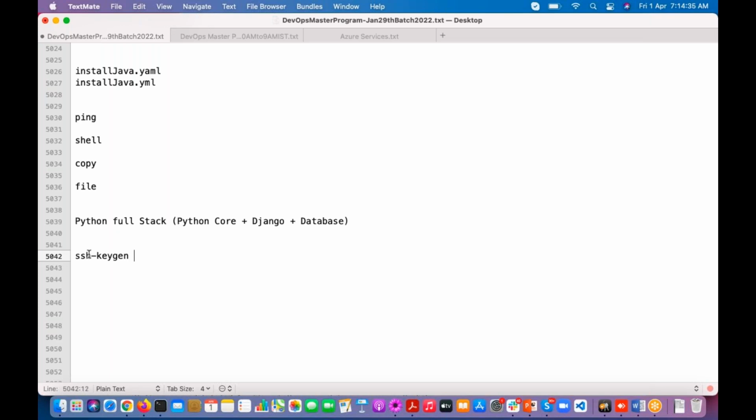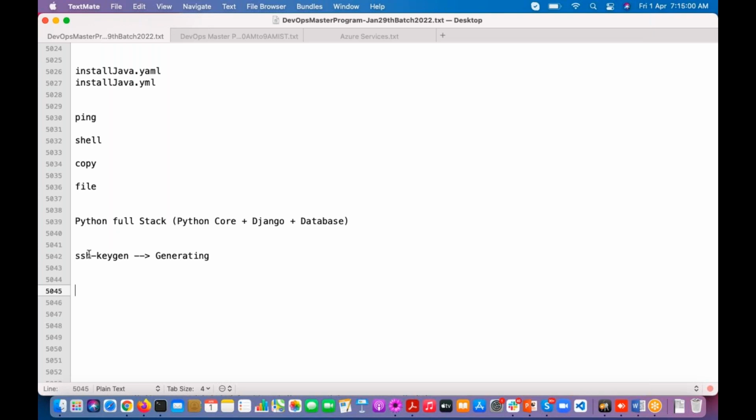This is the command for generating. Already we discussed it. Where did we discuss this command? In which topic? GitHub. Right. We generated that SSH key on our laptop and configured it in GitHub so that we can use that SSH URL to push the code, pull the code and all.